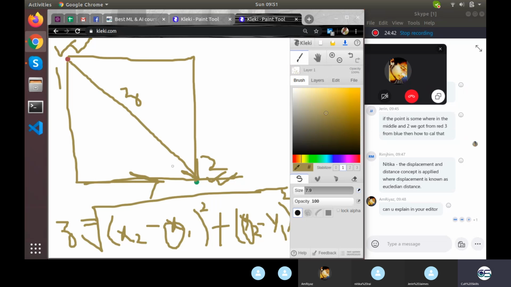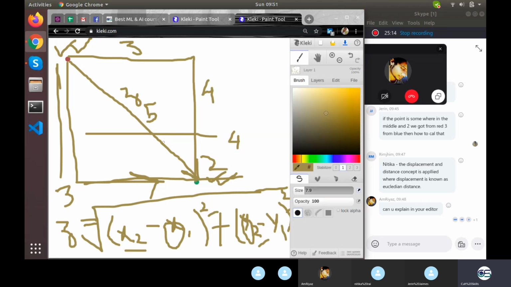Okay, so what is x2 square? Suppose this distance is 4 units, and this distance is 3 units. So what I got? 3 square is 9 plus 4 square, which is 16, 16 plus 9 is 25, under root of 25, which is 5. So that means this z is nothing but 5, which is clearly visible with Pythagoras as well. So 3 and 4 lead to 5 units.